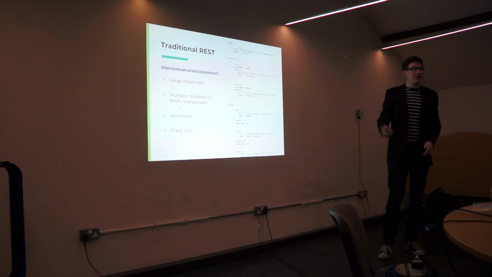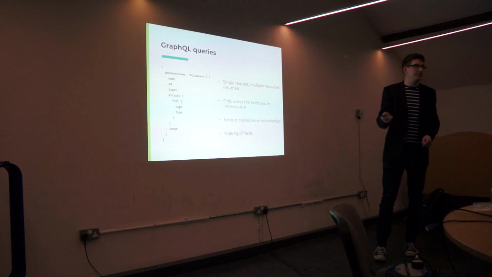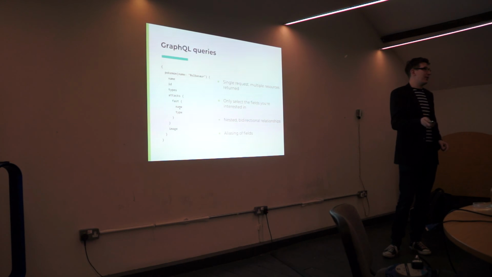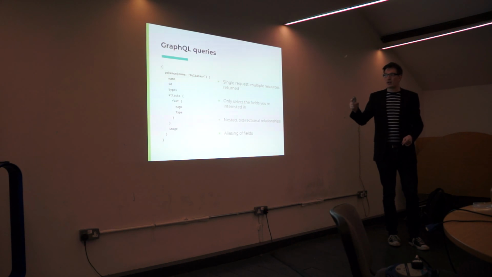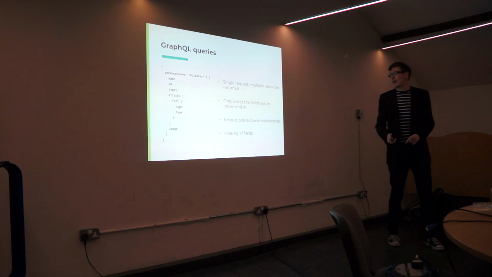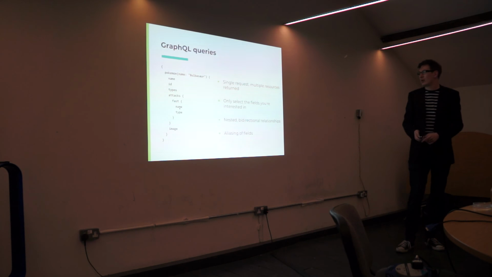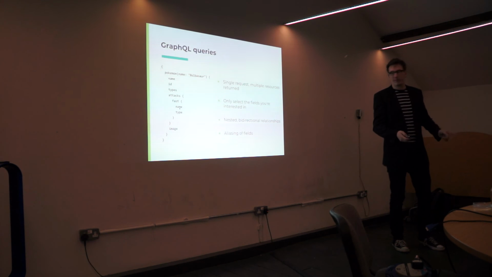So yeah, if you look at this query in GraphQL, you get something like this instead. So you get a single request and get multiple resources returned. You only select the fields that you care about, so rather than getting this sort of get-what-you're-given approach, you say I want these fields back, and you get that back in your data structure. You can nest those queries down, you can traverse the graph back and forth, and then great schema. And there are some nice features like aliases, input types, mutations, that sort of stuff.